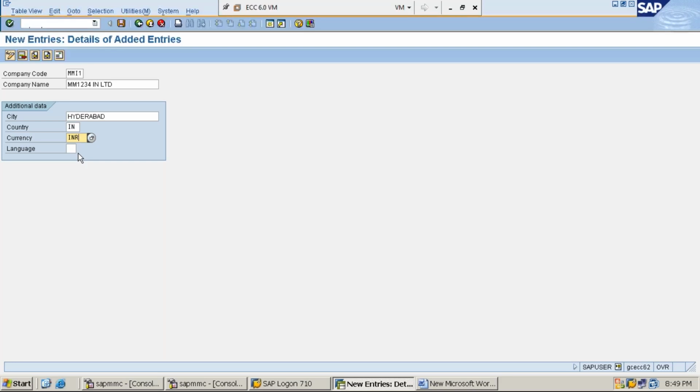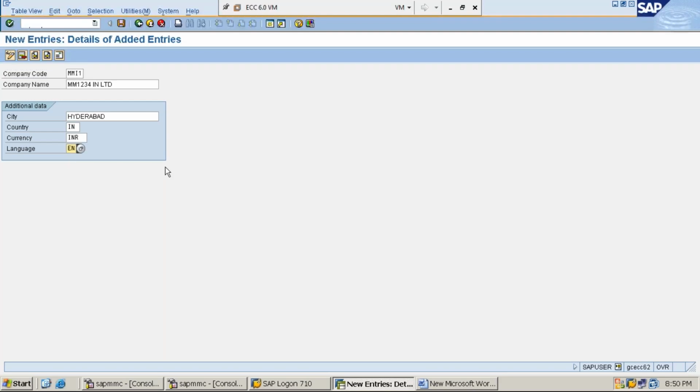Currency INR, and the language is EN, English. I have given company code as MMI1, company name MM1234 India Limited, city Hyderabad, country IN, currency INR,